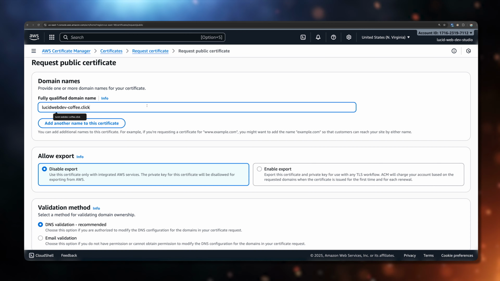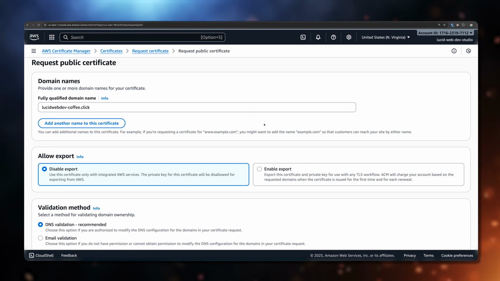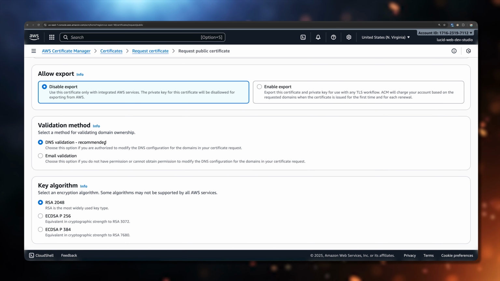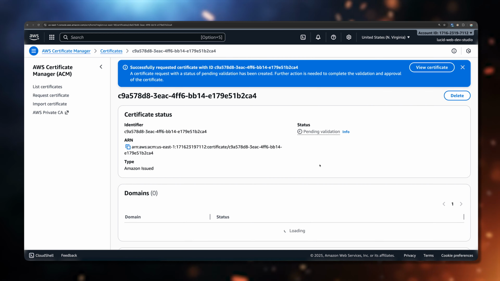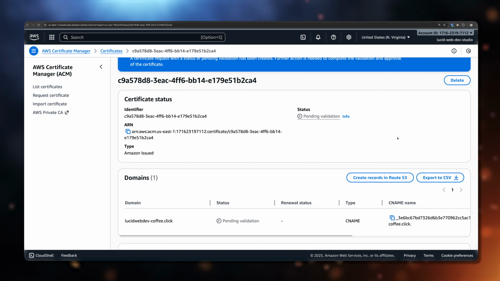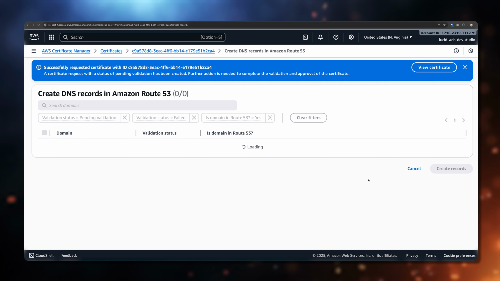Add the domain we just bought to secure it with this certificate. Keep DNS validation selected. This is the easiest way. And just click Request. Now we need to prove that we actually own this domain. Just click the Create Records in Route 53 button